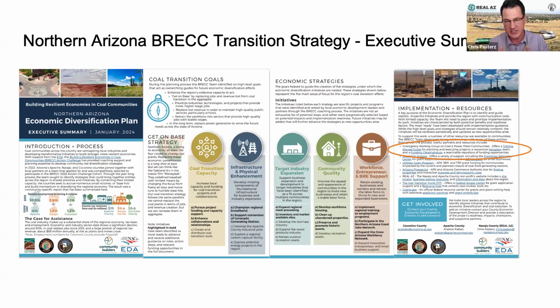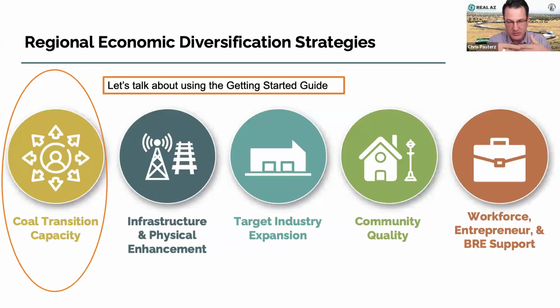So if we can go to the next stage, I wanted to talk a little bit in terms of the experience, how this fits in. So our coal transition capacity. Now, this is about the communities being able to do this work themselves. Everybody's got 5 jobs. And I know that the participants here probably wear 3, 4, 5 hats as well. And so when it comes to applying or getting your project ready for application, that is a big challenge for small communities. And so we've identified this in our coal transition capacity strategy. And this is where we've been using this Get Started guide.